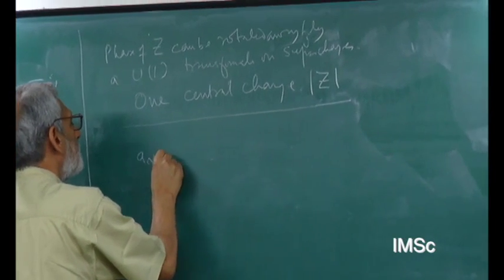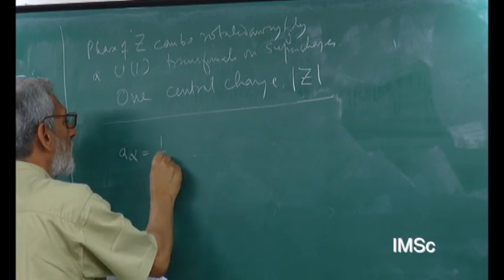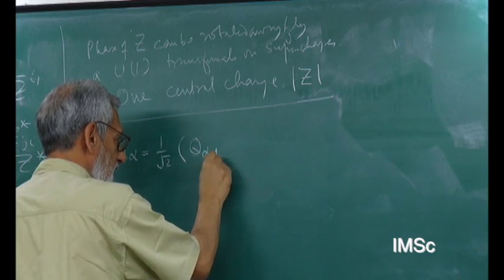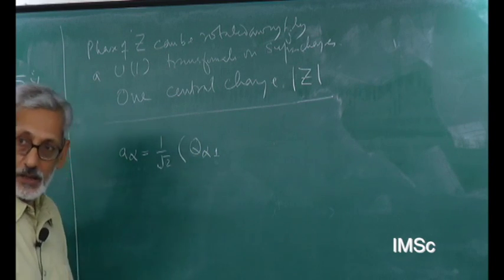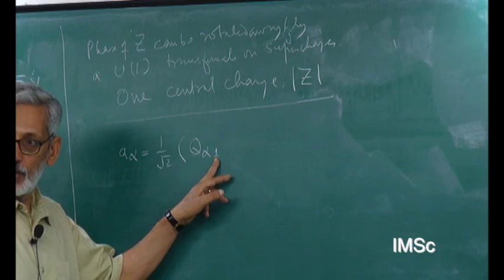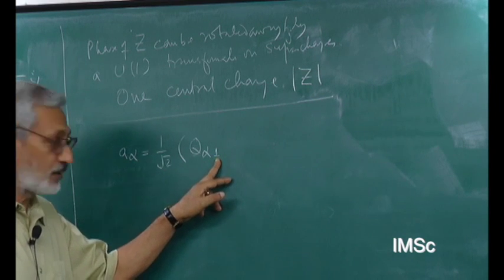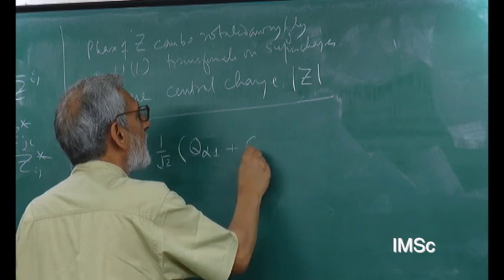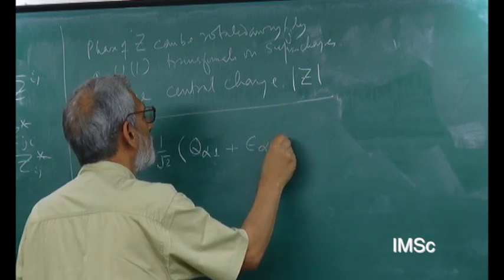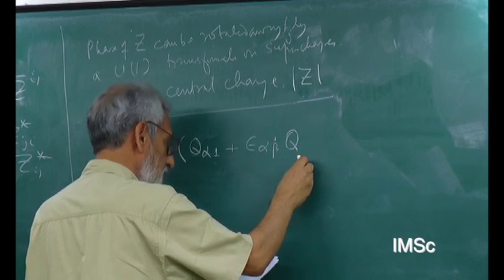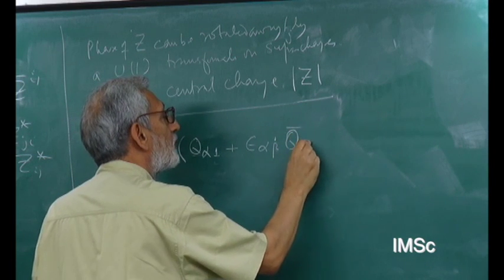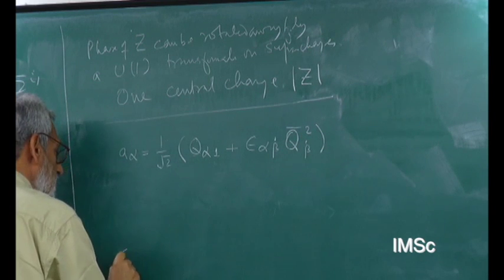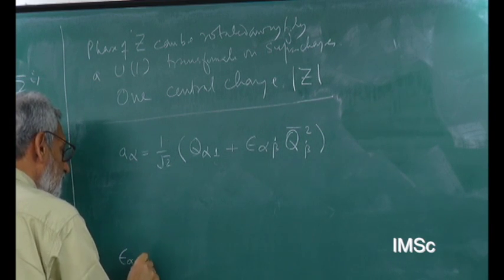Call it A alpha equals 1 by square root 2, Q alpha 1 plus epsilon alpha beta Q bar beta 2. Here I takes values 1 and 2, and alpha is the spinor index. Now I have introduced symbols epsilon alpha beta bar,